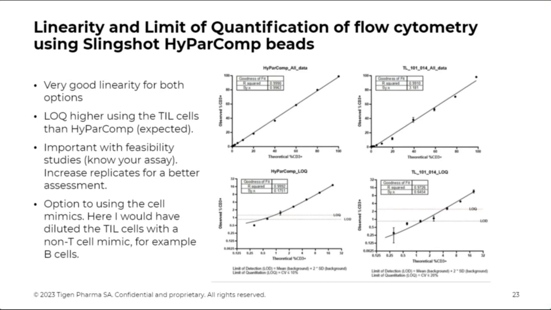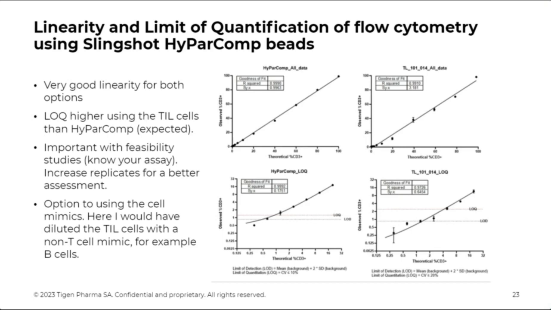And this is because it's cells that we are working with. It's not completely the same distributed, and you always get some variation when you work with real cells. Here, the LOQ, if we would have put that to 10%, we would have ended almost at 20% to be the LOQ. Here, because it's a feasibility, I don't have any predetermined criteria. I said, okay, a CV of 20% will do. So the LOQ was put to close to 3%.